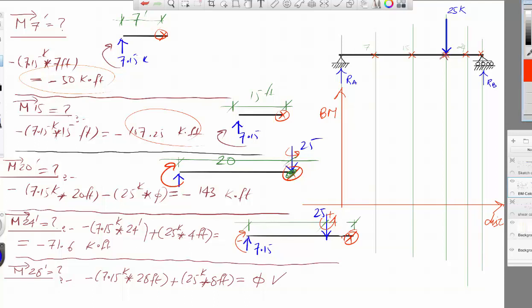Now that we have done all of these, we would like to start to locate these points. So we have a distance of 7. Let me just highlight the values I've calculated here. A distance of 7, I have a value of minus 50. Now for bending moment, most of the books will use the minus above the line and the positive down. These are just some sort of convention. So we'll do the same thing. So minus 50 is somewhere, say here,